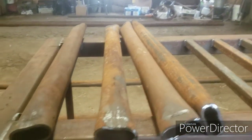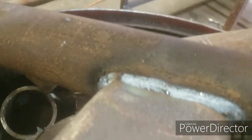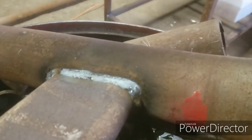Oh yeah, okay, so I forgot to show you. So this is what the welds are gonna look like now. I mean, there's nothing wrong with that. So that's what they're gonna look like. They won't be saddle cut, but